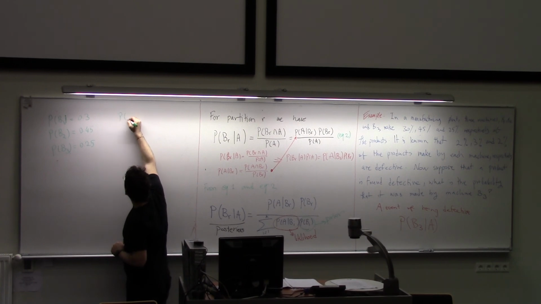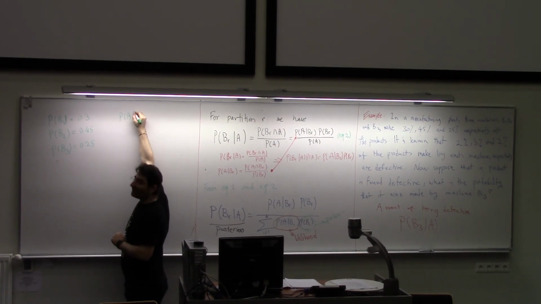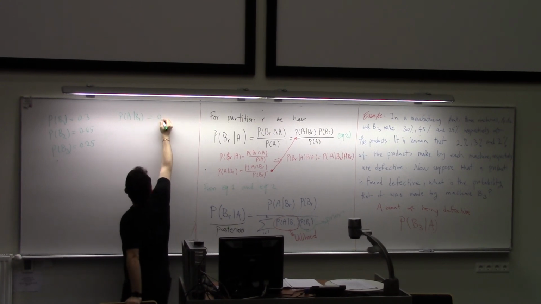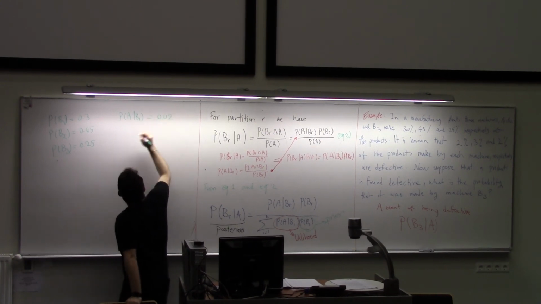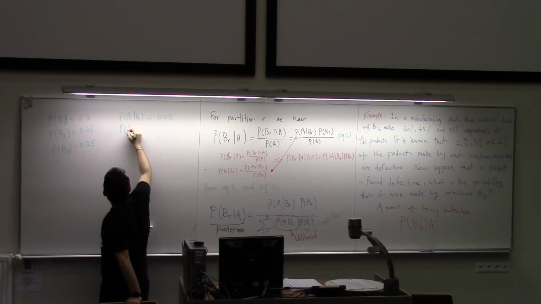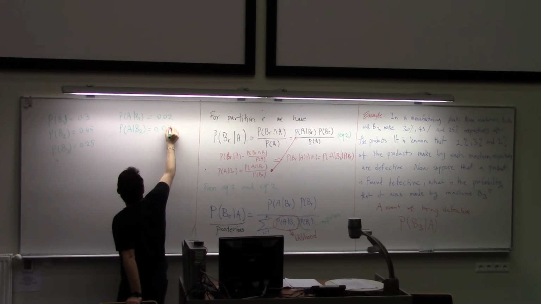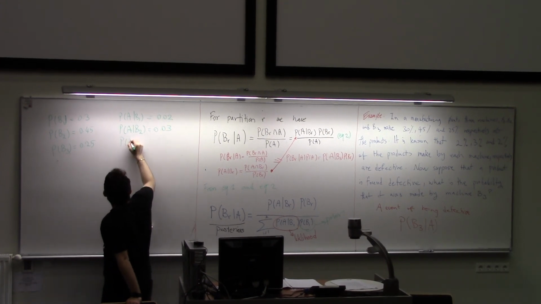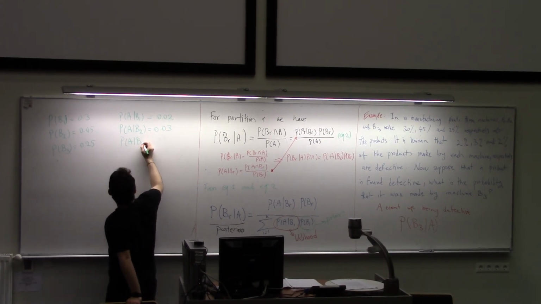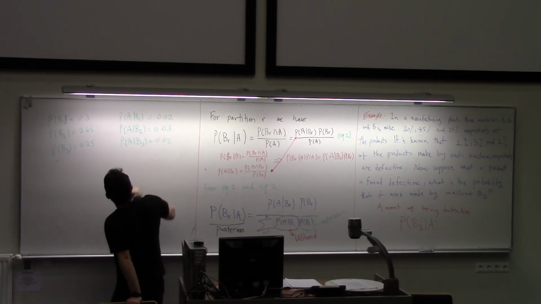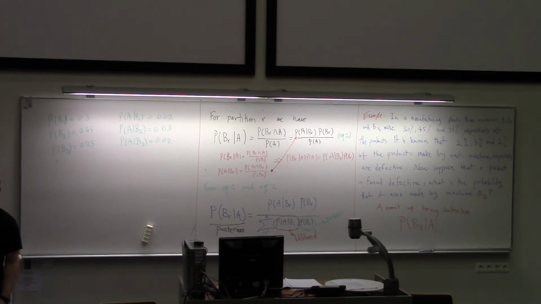And we know that the probability of defective, given that this is B1, is 0.02. The probability of it being defective, given that this is B2, is 0.03. And the probability of defective, given that this is from machine 3, is 0.02. So these are given, and I am being asked to calculate